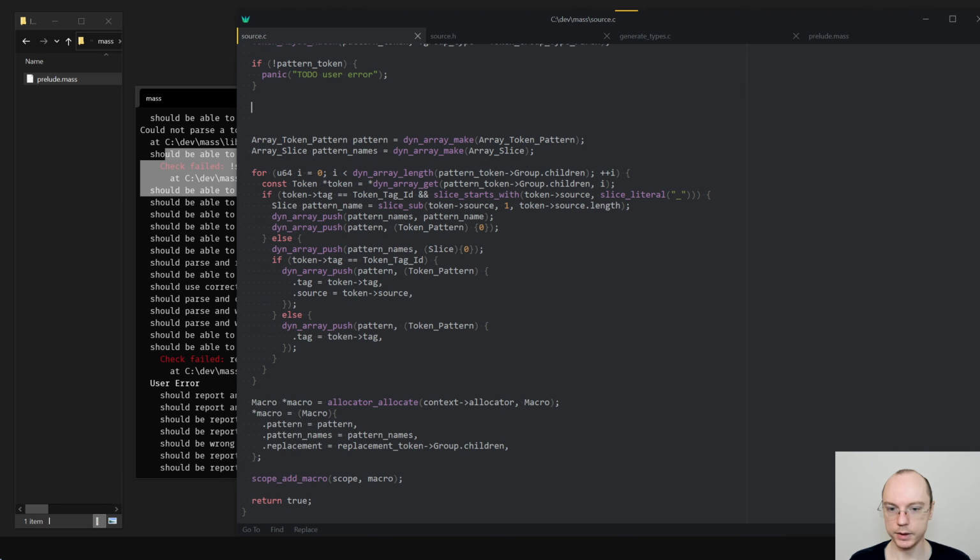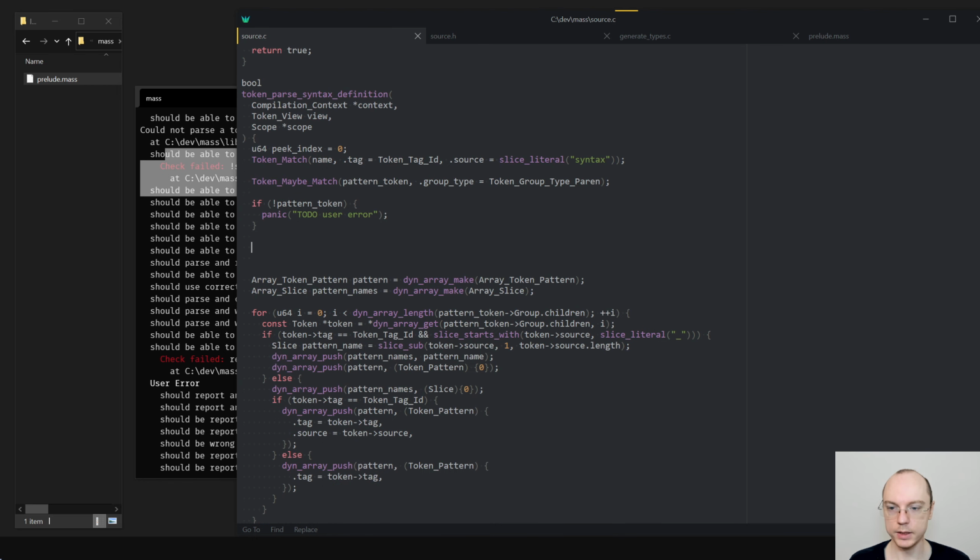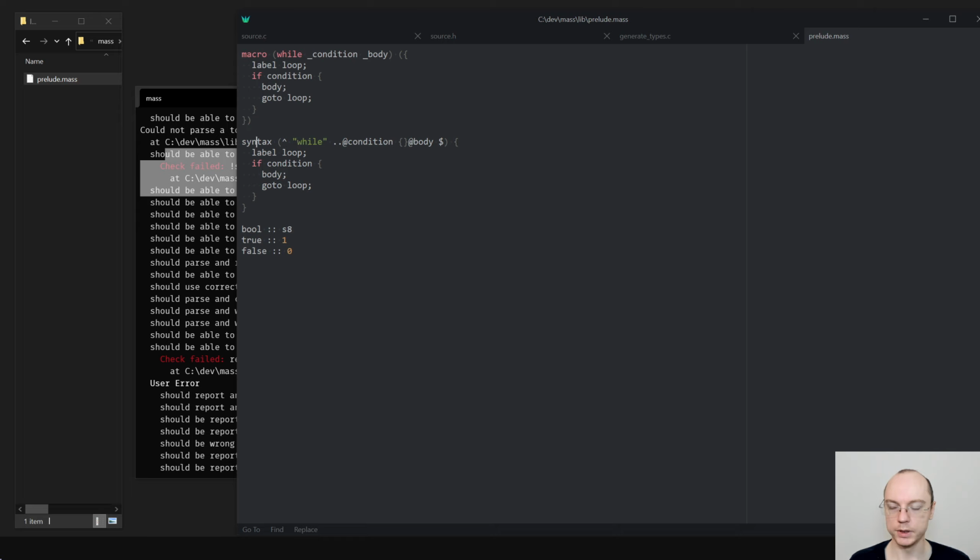Now we can say rest. So token view replacement is token view rest of view and pick index. So we are basically now parsing this stuff, right? We have syntax, and then we have this pattern.